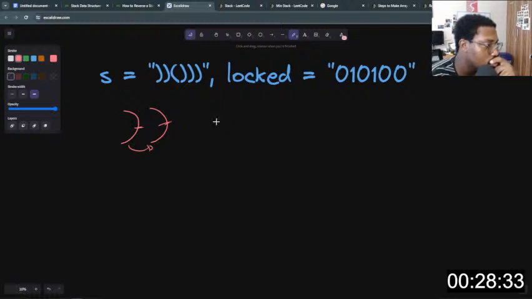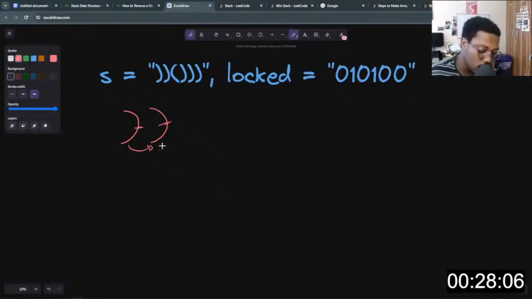I'm still thinking, because we can't keep adding the opening parentheses into a stack. Well, technically we can, but we can only do that